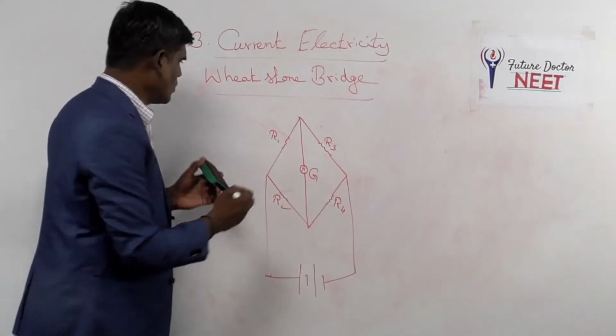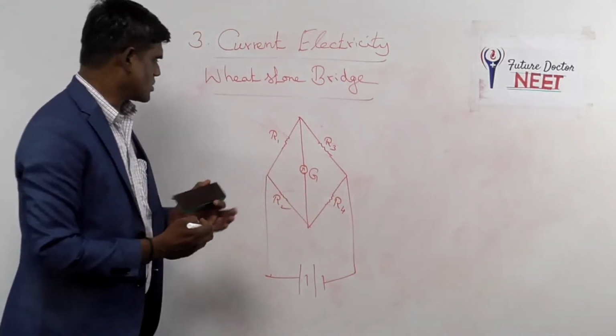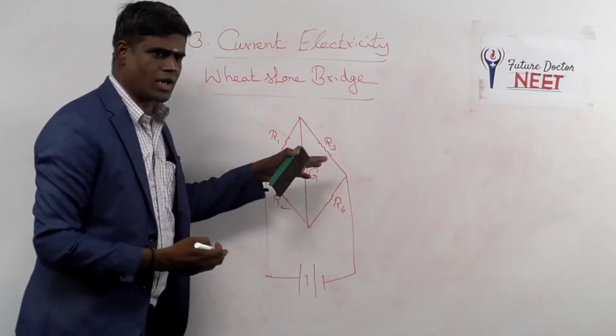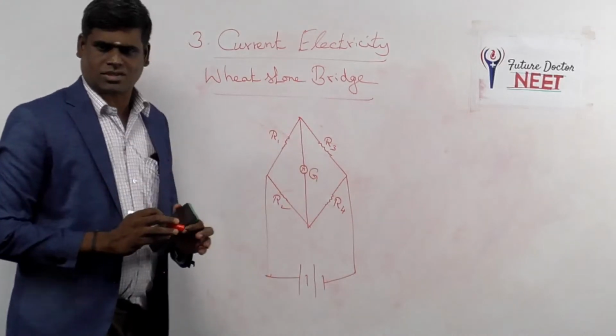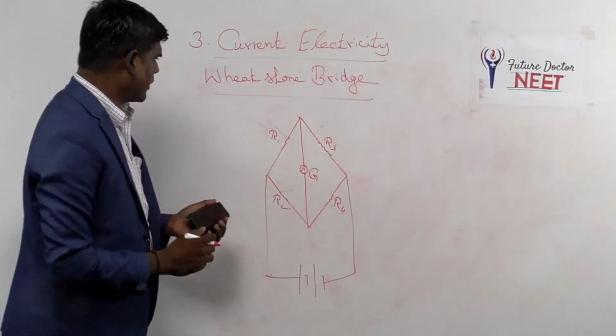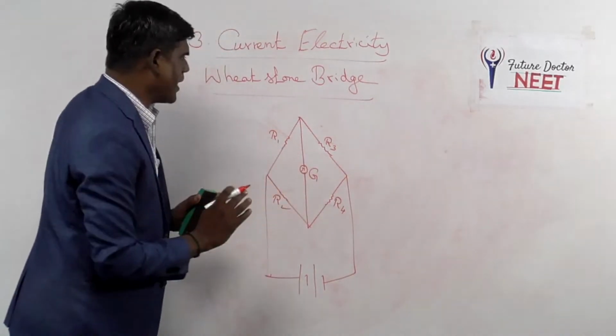Okay. So maybe R1 is one unknown resistance, R1, R2. One will be known, the other will be unknown. R3, R4 are some fixed resistances. That will be replaced as a wire. Okay. And here by bridge balance means